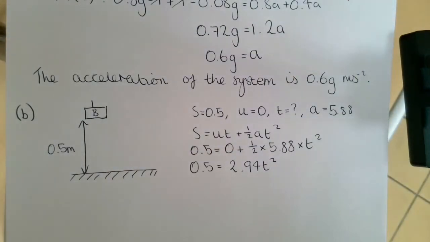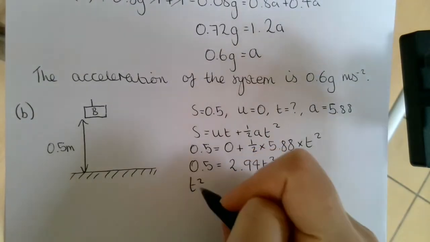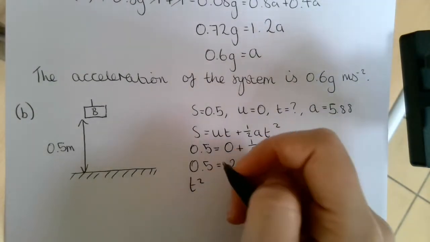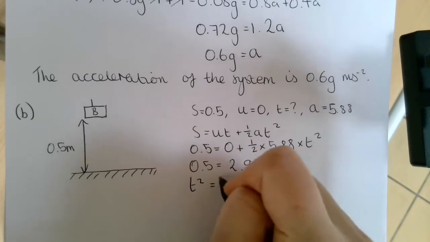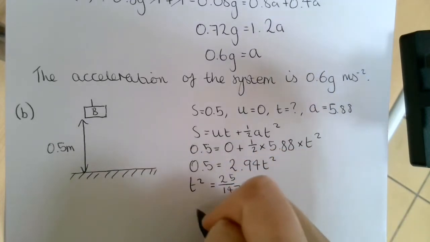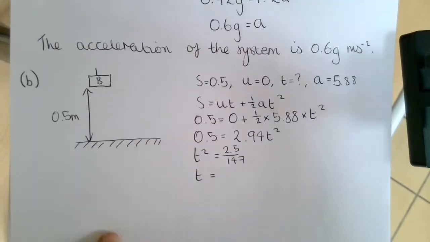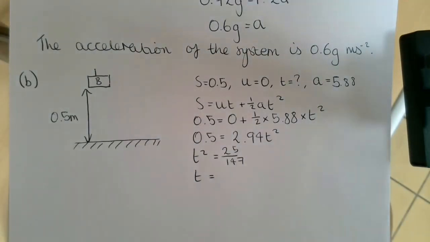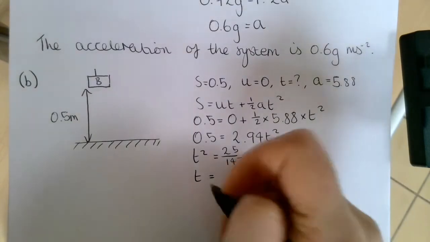So T squared is equal to 25/147. So T is equal to the square root of that. We're going to take the positive root because time has to be positive. And we get 0.412